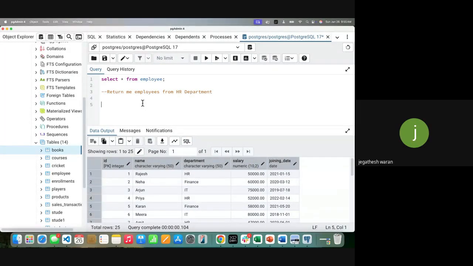Select star from table name where department is equal to HR. You'll write this down, correct? Now suppose I ask you another question.